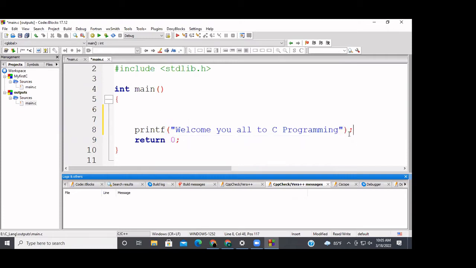Then we have to add a semicolon to the end of each line. If we are not adding any semicolons, whenever we build this file,